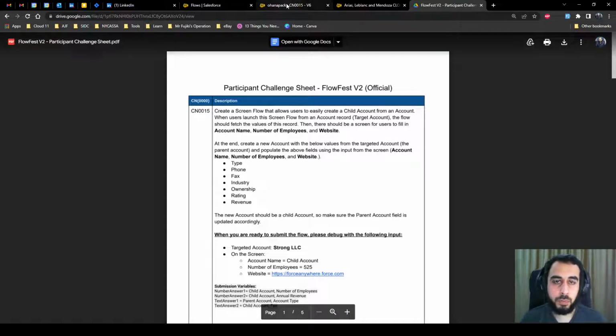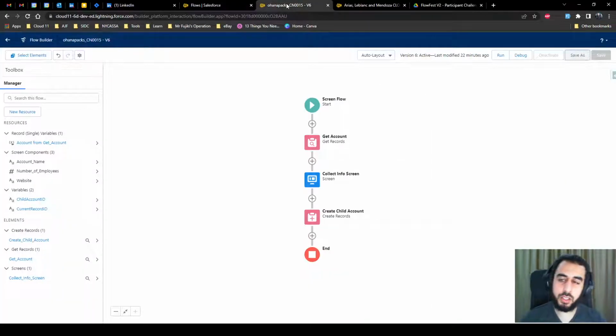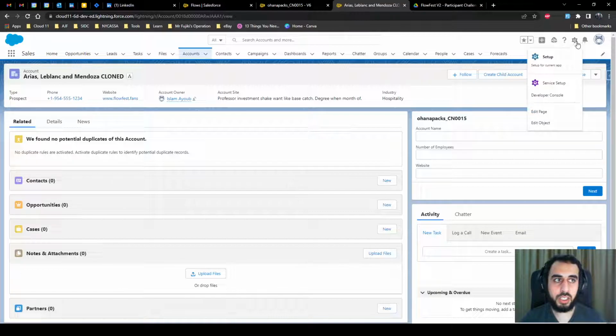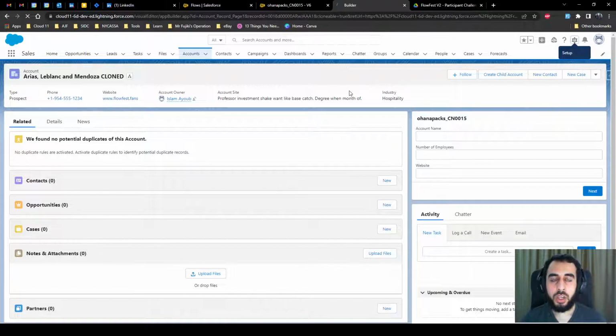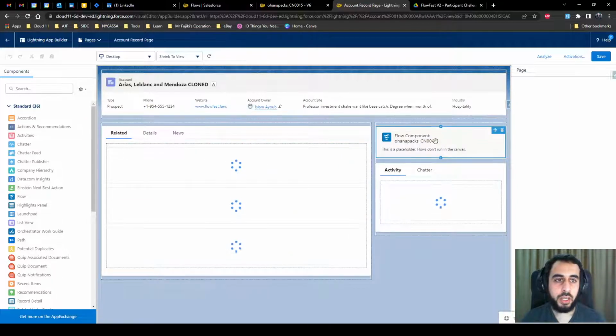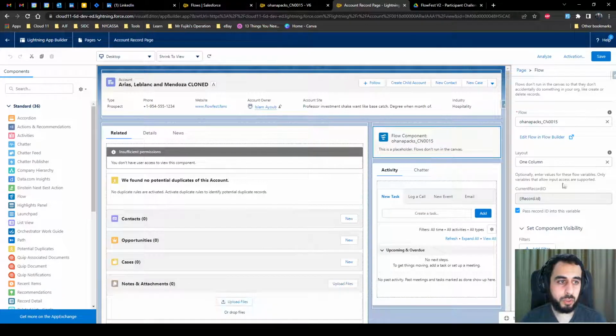So before that, let's look at an overview of how this is already built. One thing, I'll jump ahead for just a minute and then I'll come back to it. Eventually we need the flow to collect the current record ID. In order to do that, right now I'm opening the account object, one of the records. If you edit the page, you will have the option to add a flow component on the page. And if you look at the settings of this flow component, one of them will be passing the record ID